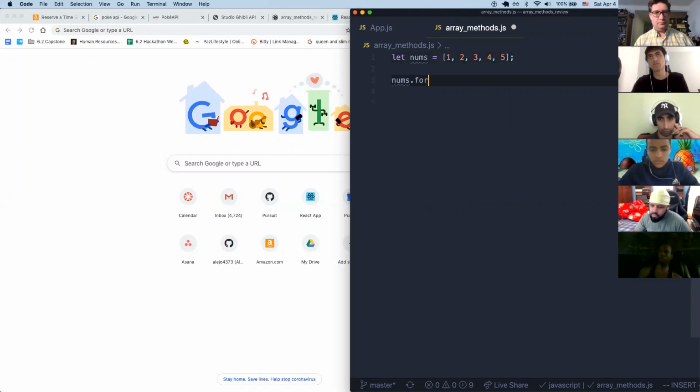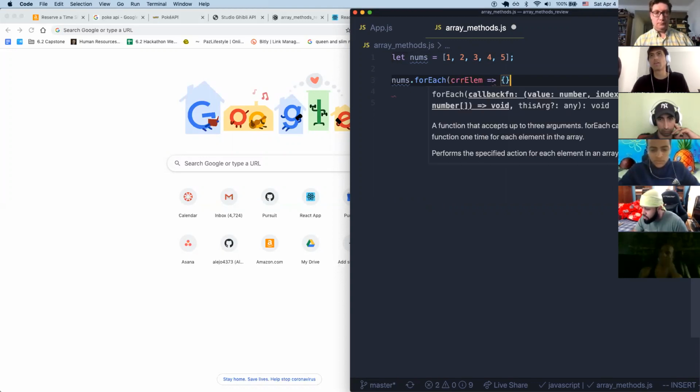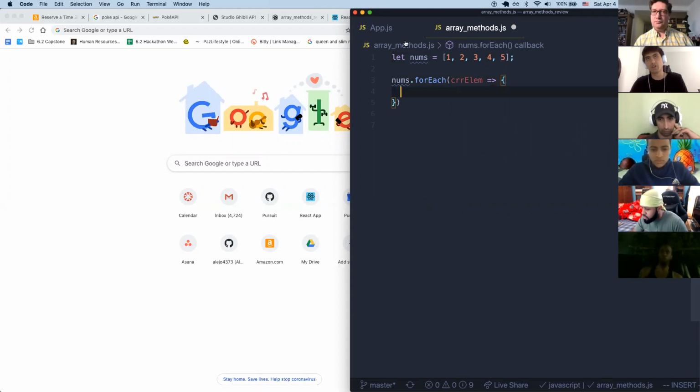For each. So remember, here we got the num. You can call it current element, or generally we call it... Generally, arrays have plural names, right? And here we use a singular name, meaning a member of the numbers array. So if we do console.log,